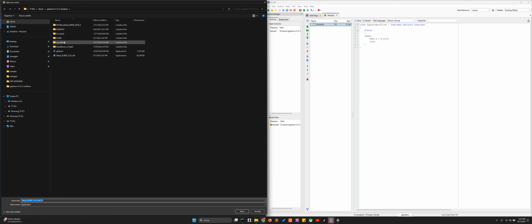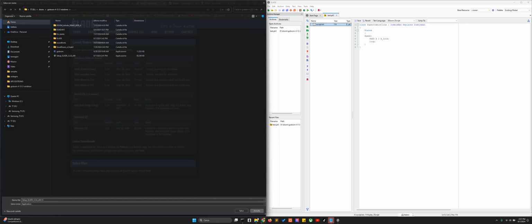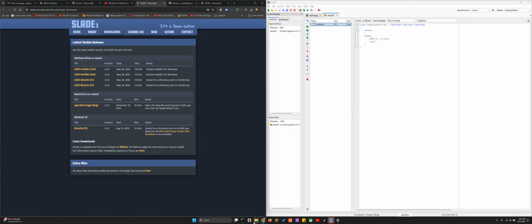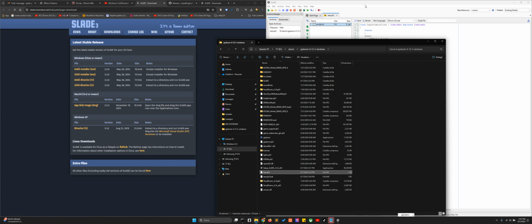Save it somewhere, and then you run it, and then you choose the folder. I choose the folder where GZDoom is, and once you have downloaded it, you can run it, and you will find